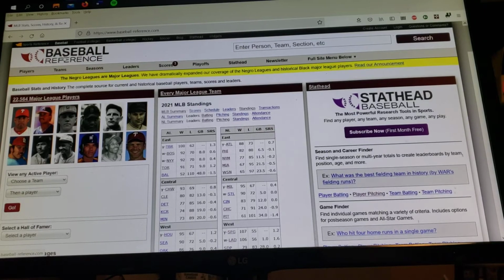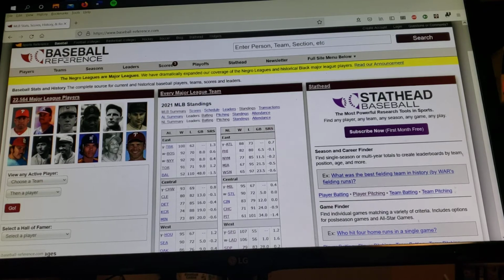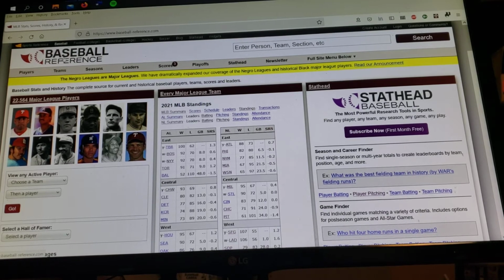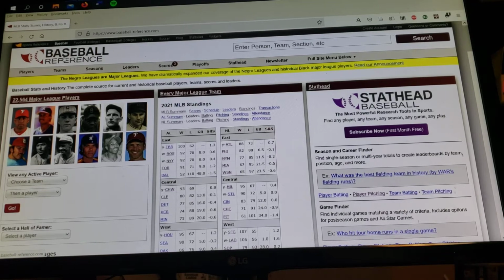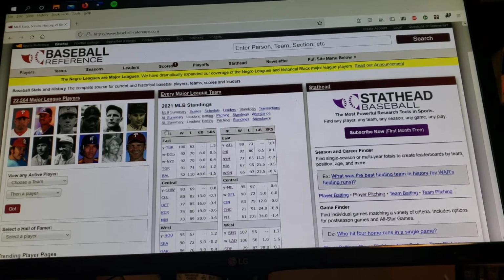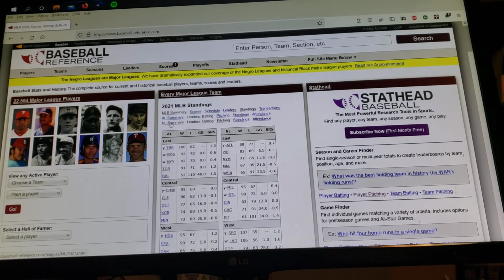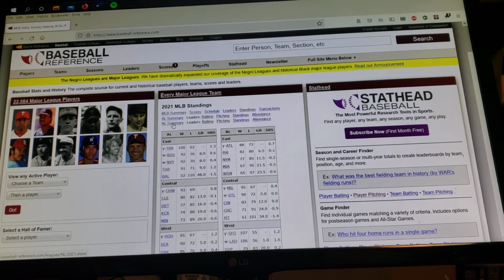So the first video showed you how to do a couple of things with individual players. Now let's look at doing things with teams and leagues. So here is the homepage for Baseball Reference, and I'm going to look to do things with the National League. So I'm going to click on NL Summary,